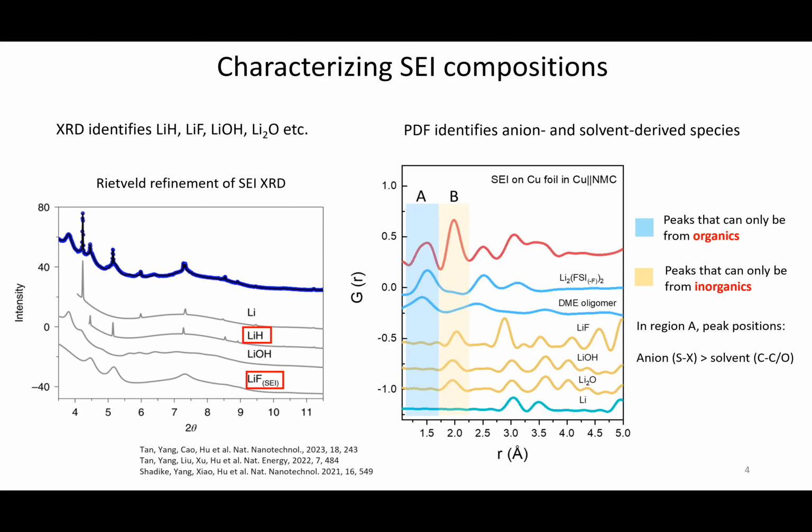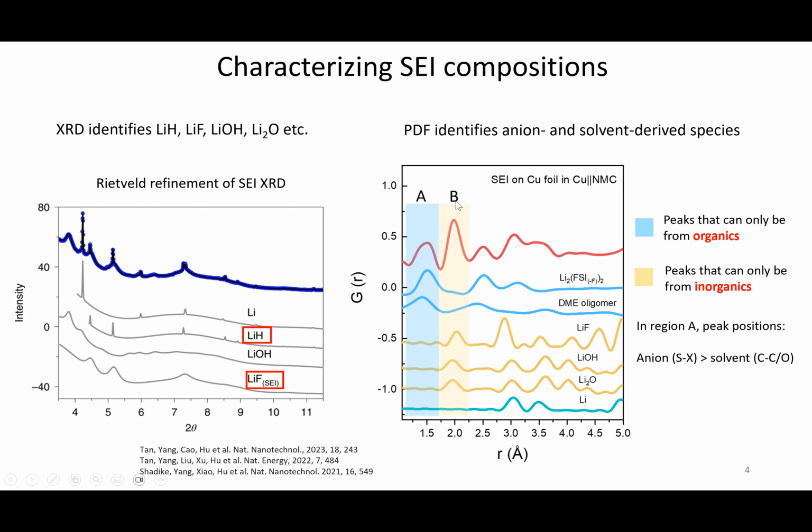So B is actually coming from the lithium-containing components. And our assumption is the lithium-containing components are mostly crystalline, right? It could be the oxides, lithium fluoride, lithium hydride, lithium hydroxide. They all start with the lithium oxygen bond, which centers around 2.0 angstrom. So a convenient way to differentiate their amorphous and crystalline components is actually just by visual inspection of the A